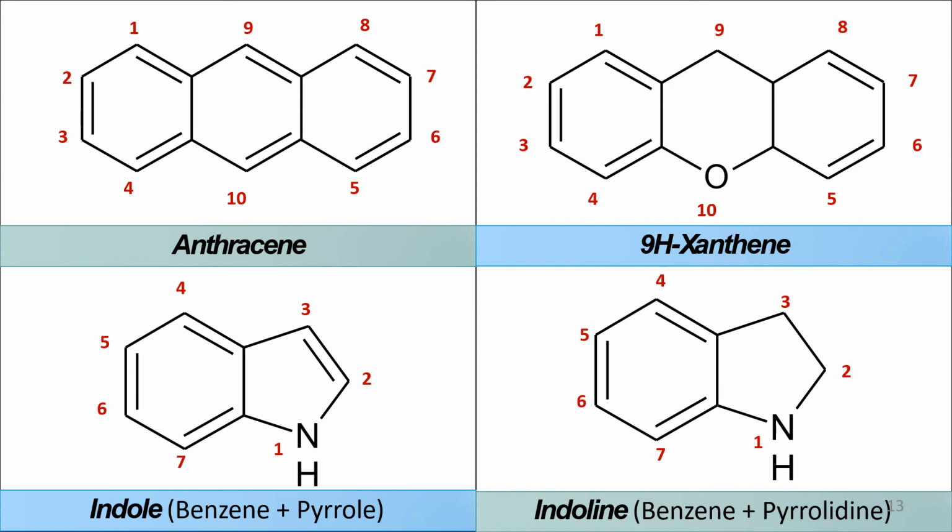These are very important structures. The indole ring is very important for CNS stimulant drugs like caffeine and theophylline. These are the very important nuclei to draw the structure of caffeine. Indole means the fusion of benzene and pyrrole. Indoline is benzene and pyrrolidine. The ring structure is very simple. Here it contains a five-membered ring with a double bond, that's why we use pyrrole. But here there is an absence of double bond, we use pyrrolidine. That's why indoline and indole. Okay.